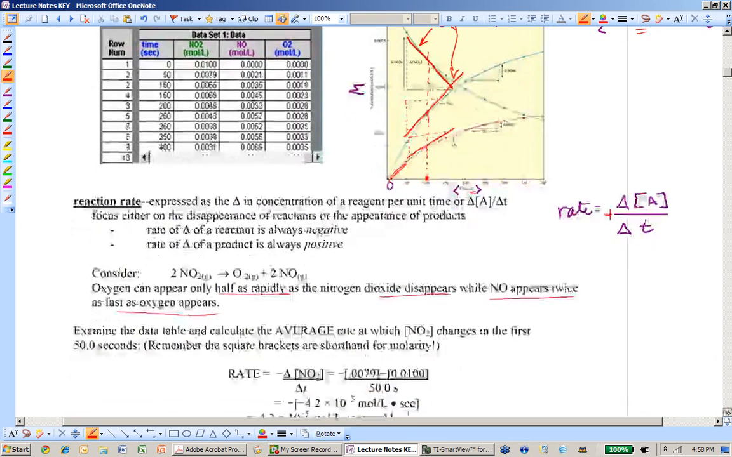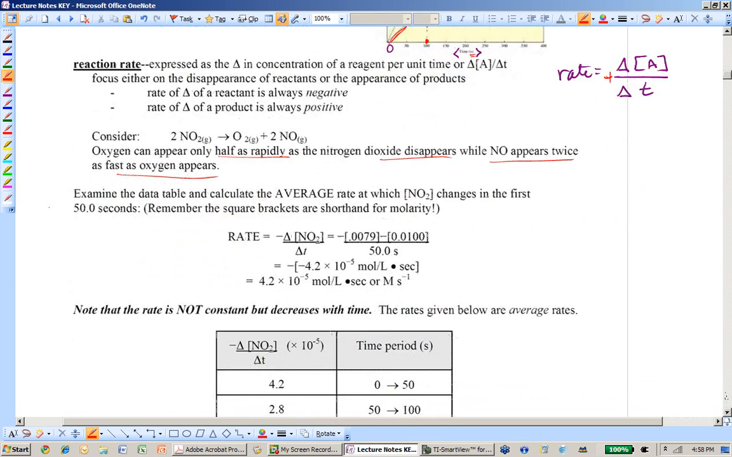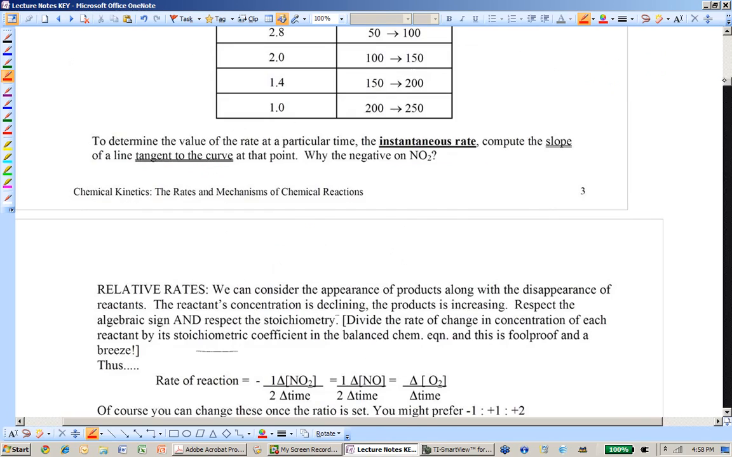So this is essentially in text telling you exactly what I just talked about. Examine the data table. Calculate the average rate at which NO2 changes in the first 50 seconds. And remember the square brackets are shorthand for molarity. So I would take that rate is equal to the negative, note the negative because NO2 is our reactant, the negative change in NO2 over a change in time. So if I look back up at that data table,